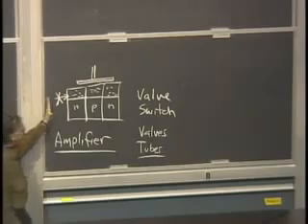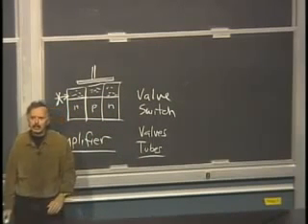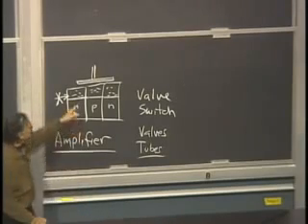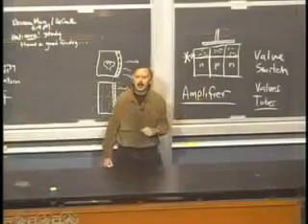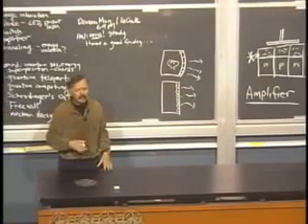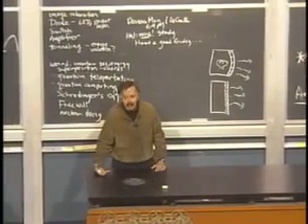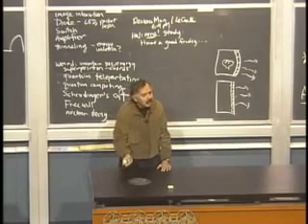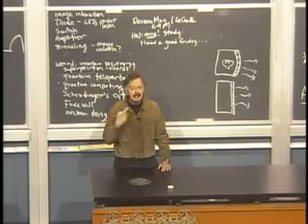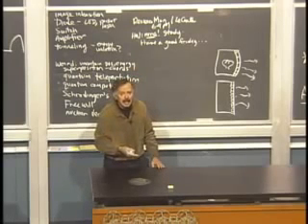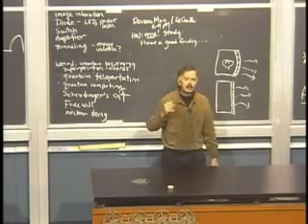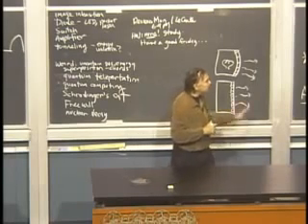Where does this current come from? Well, that current comes from the battery. So you have a battery that supplies all of the energy, and then you have a very weak signal that controls the flow. The very weak signal could be a weak signal that's coming out of the computer memory, if it's an iPod. It could be a weak signal that's coming off the spinning disk, a magnetic disk, if it's an old-fashioned iPod. It could be the weak signal that's coming from the antenna, if what you're listening to is a radio program. That weak signal controls a big signal.